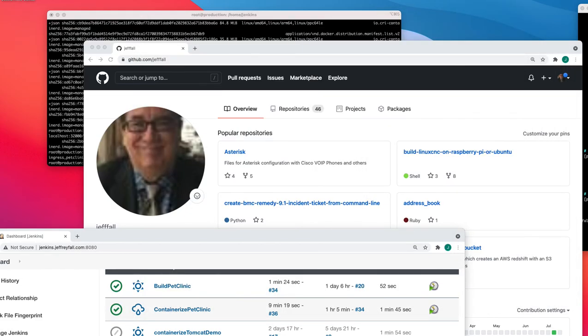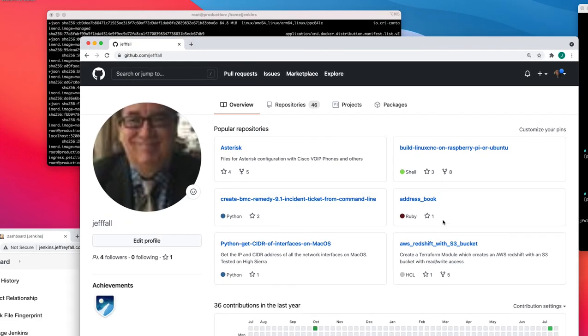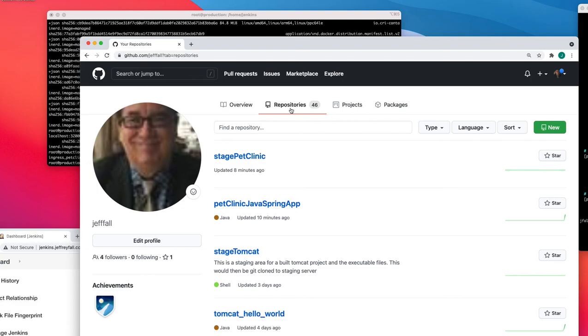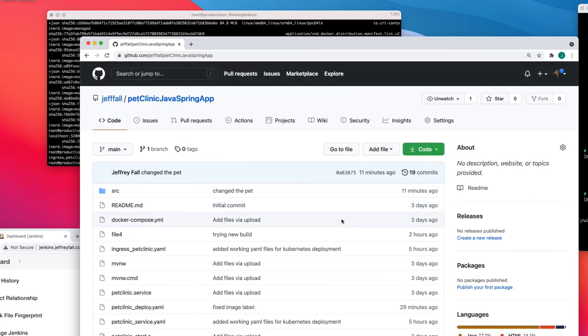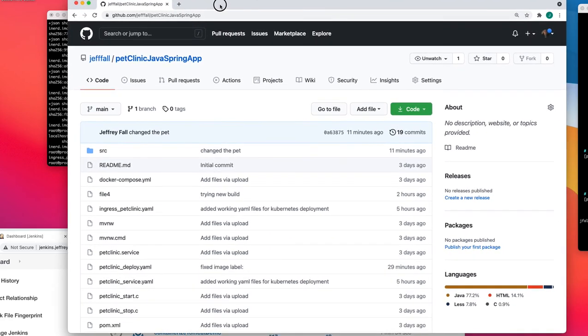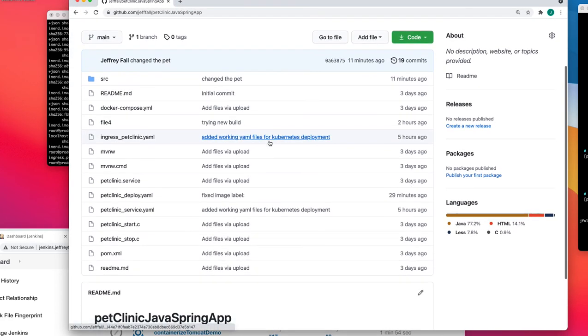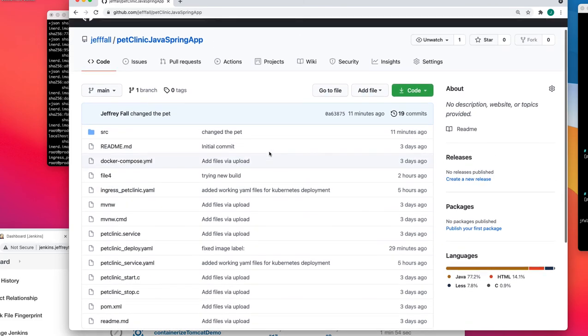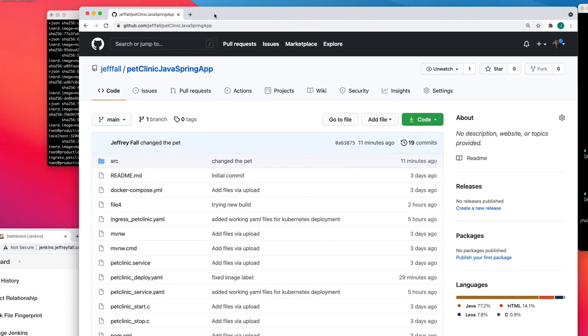So let me show you around GitHub here. Basically, these repositories here, I'm using 2 of them. I have the source code here in this Pet Clinic Java Spring app. This is source code that I pulled from a different repo that some kind person made, and it's great for demos. I think it's to show off how Spring works. So anyway, I'm going to build from this code, and when it's built,